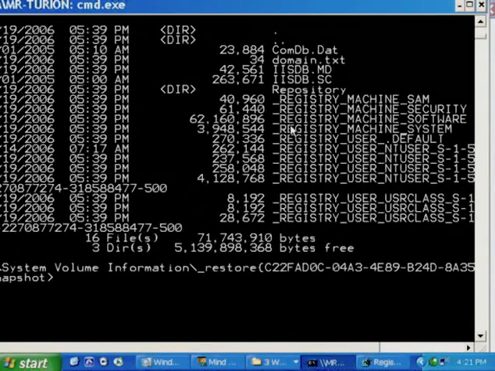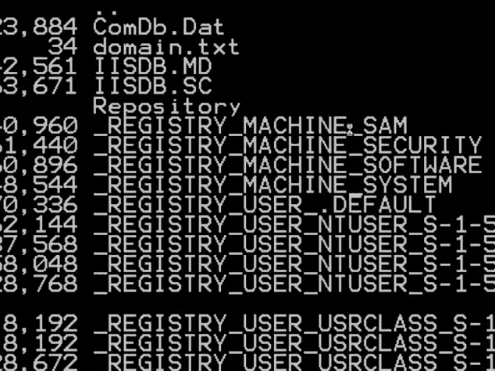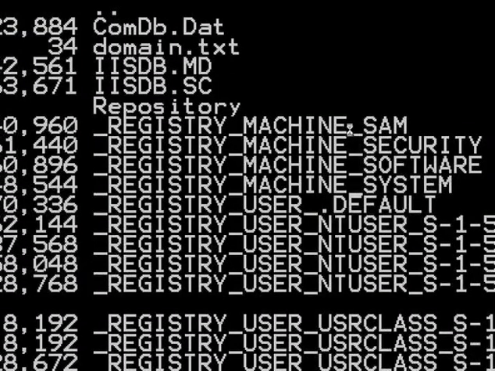If we do a dir, here are the system hives. For example, we can see _REGISTRY_MACHINE_SYSTEM, which is the backup version of the system hive as it existed at the time of that restore point. So the goal now is to get one of these hives, the SAM hive, security, software, or system hive, depending on which one we believe is corrupt, to the location in Windows where it will reference it the next time the system boots.